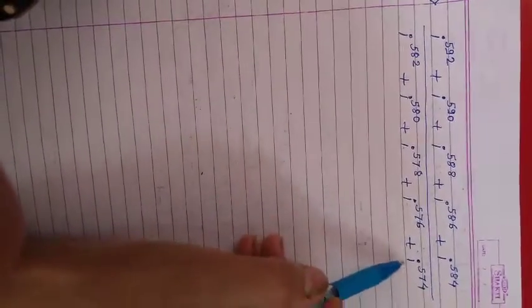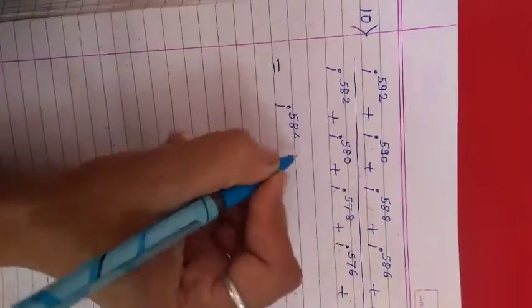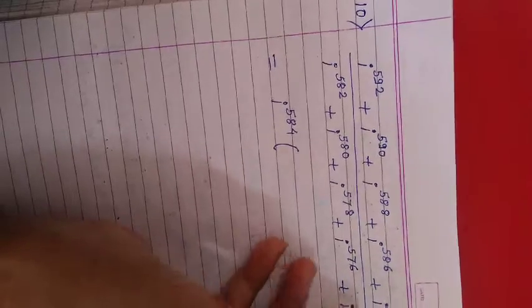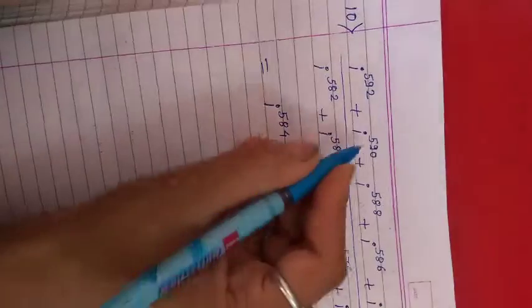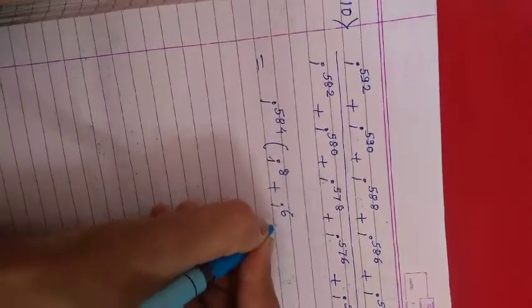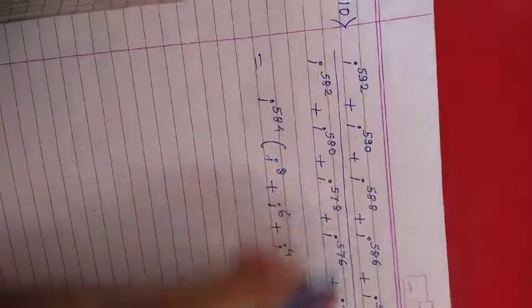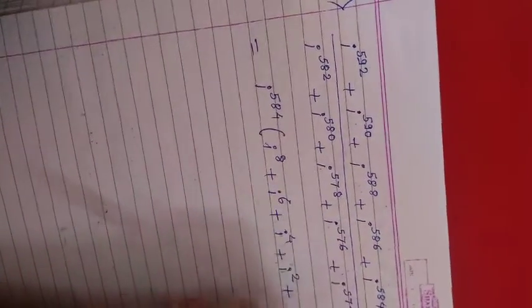So if we'll take this i to the power 584 and i to the power 574 common. Now let's see, i to the power 584 अगर हमने कॉमन ले लिया तो न्यूमरेटर में 592 minus 584, so i to the power बचेगा 8. फिर 90 में से 84 चले गए तो i to the power बचेगा 6. फिर 88 से 4 तो i to the power 4. 86 से 4 so i to the power 2 बचेगा और ये पूरा ही बाहर आ गया सो 1.